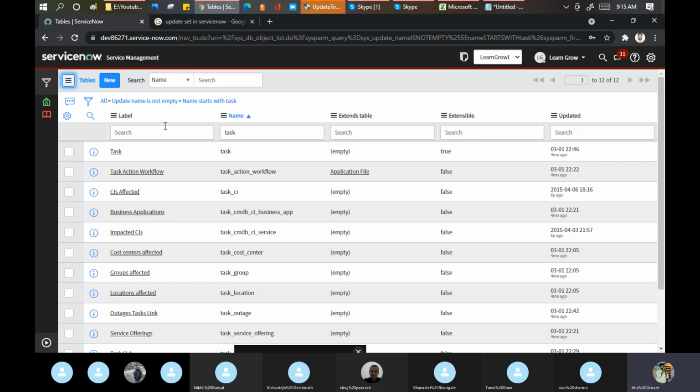So in ServiceNow we have a concept called the table, and in ServiceNow, task is the base table for us. When I say base table, it means if you are getting any property from your father, you can make a building on top of that, or a shop, or a house.